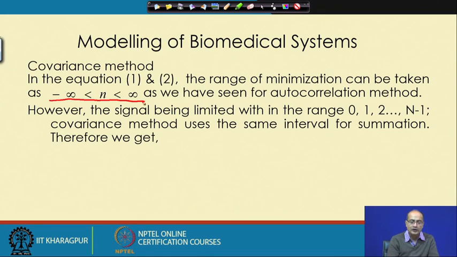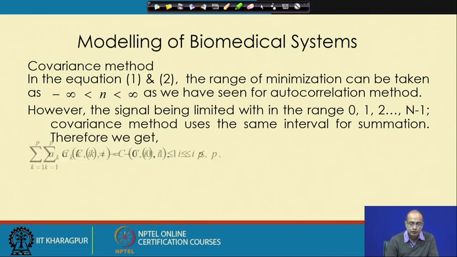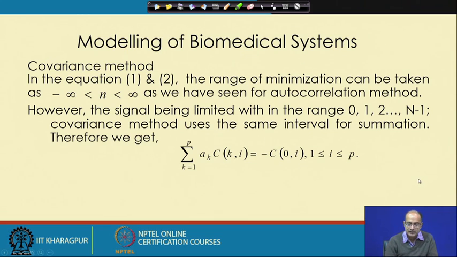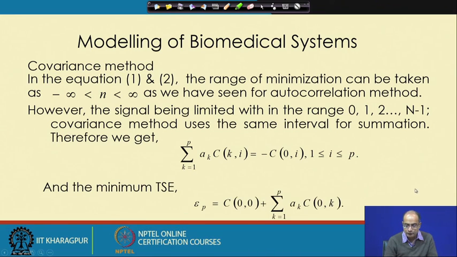and however, that got limited because of the limited number of samples, but here we start with the fact that we have signals from index 0 to capital N minus 1. Okay? And over these, if we minimize that error, we get a slightly different form. In this case, we get the equations in this way, using the coefficients a_k, and we get a new term called C(k minus 1, ...) or C(k, i) in this form. These capital C's are the covariance function, we will get that, but before that we look